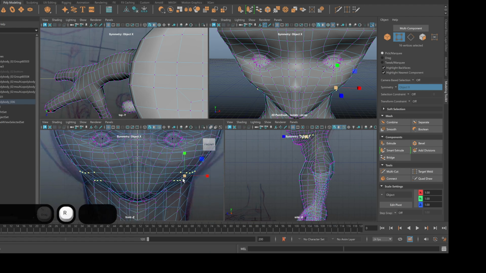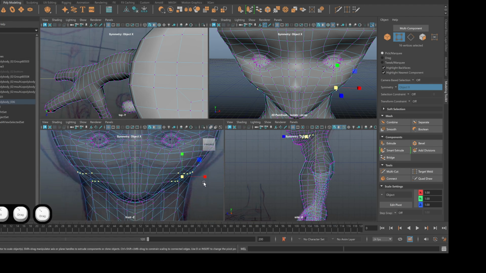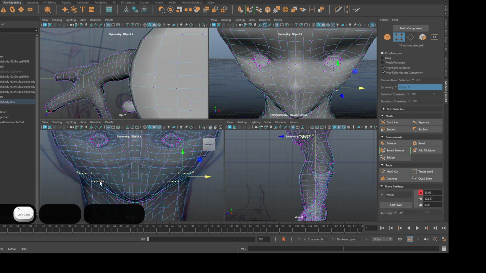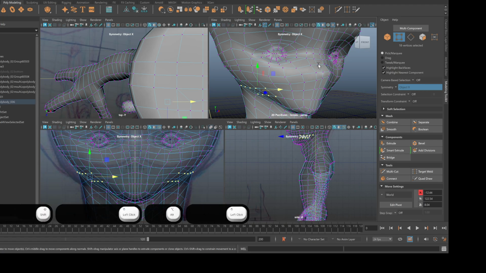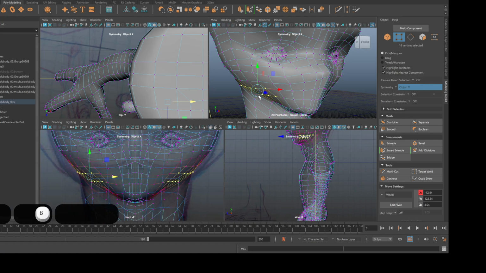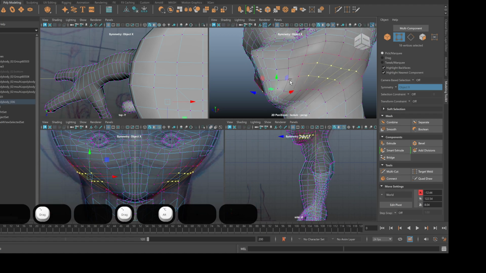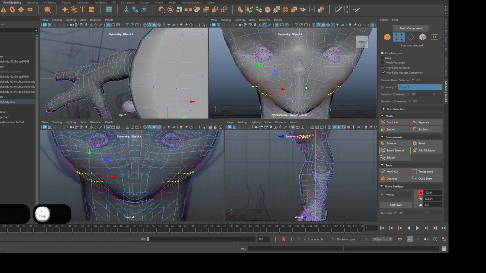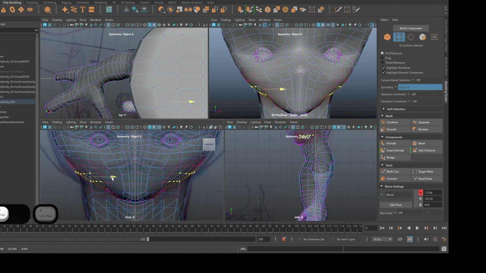And scale them out, or just use the move tool. And let me turn on soft select. So basically doing what the move topological brush does at this point. We are shaping a little bit at a time, slow and deliberate,